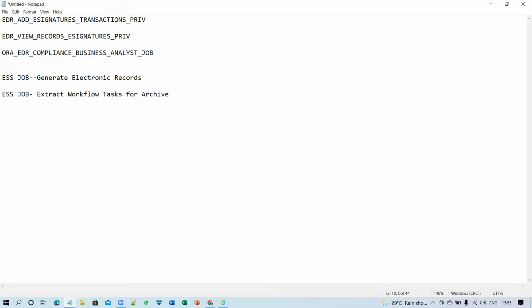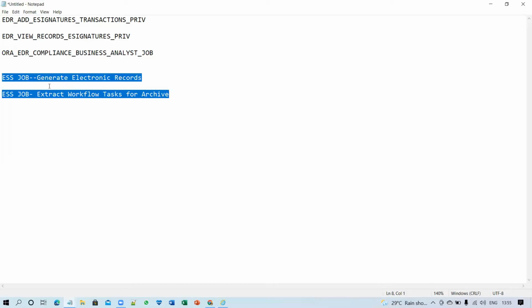So I added the extract workflow tasks for archive. You have to make sure you run these two ESS jobs once you have completed your transaction. They will generate the electronic records, extract the information, and attach it to the records.